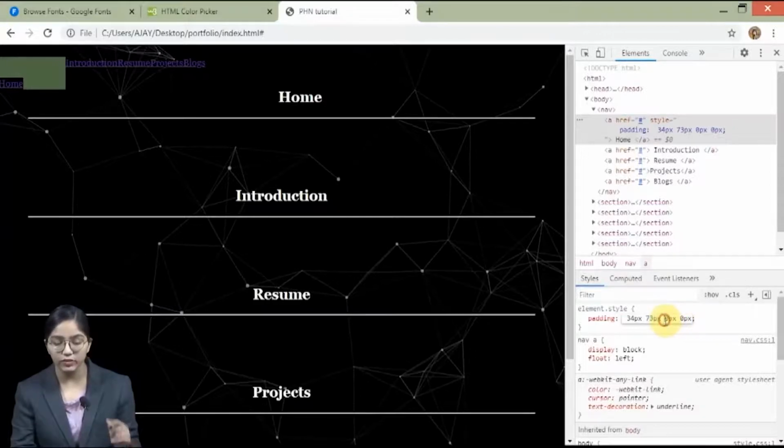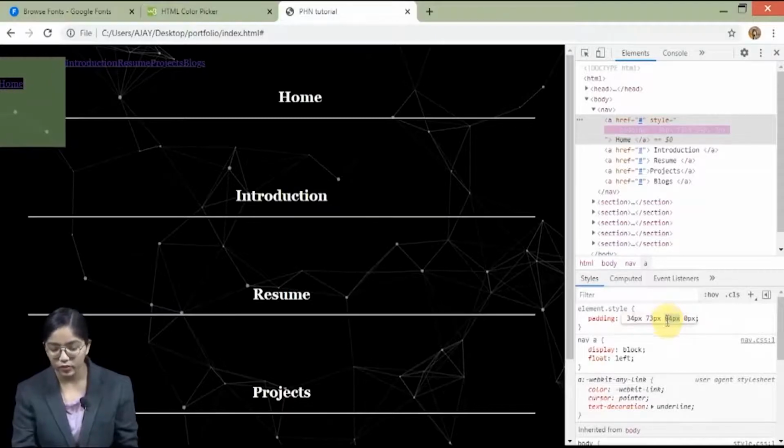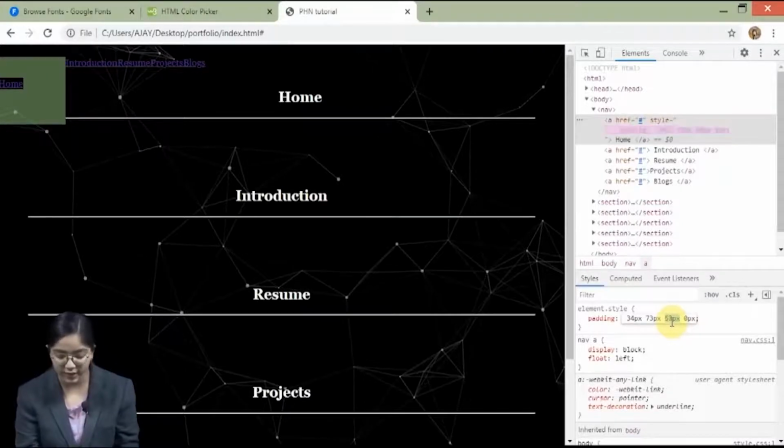So the first value was for the top, the second value was for the right side, the third value is for the bottom. Okay, so we don't want this much in the bottom. So let's just make sure that the top, bottom, left and right respectively are equal. So let's just make it 34px.